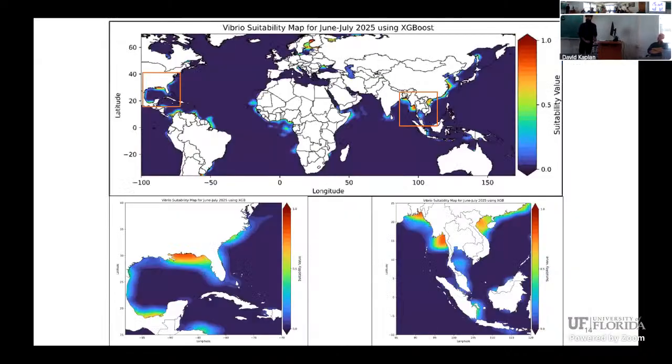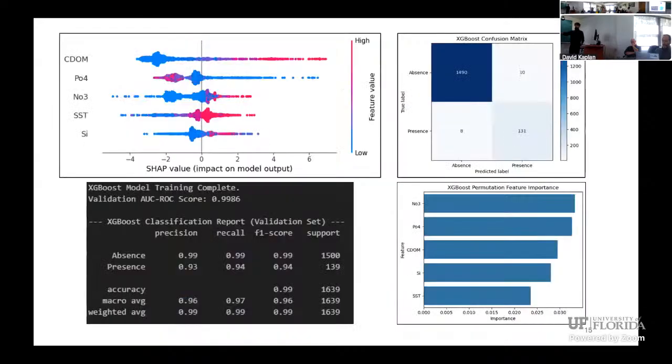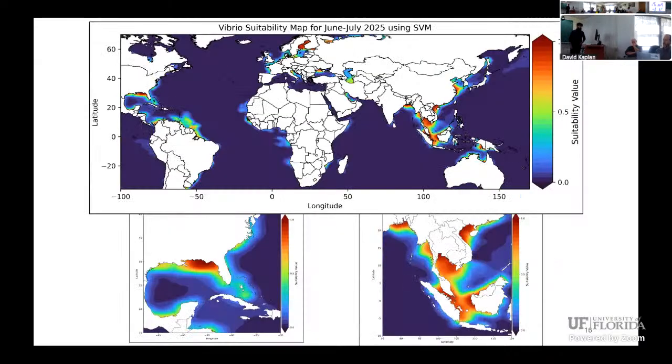Now, if we go back and have a look over here in this region, the Gulf of Mexico, this is where the Mississippi River drains all its resources, right? It collects all the agricultural runoff. It includes all the fertilizers and everything from a large watershed from the Midwest, from the Corn Belt and all. It drops it over here, and that's what my model is saying as well. The nitrate and the phosphate, these are the most influential factors. So everything aligns pretty well.